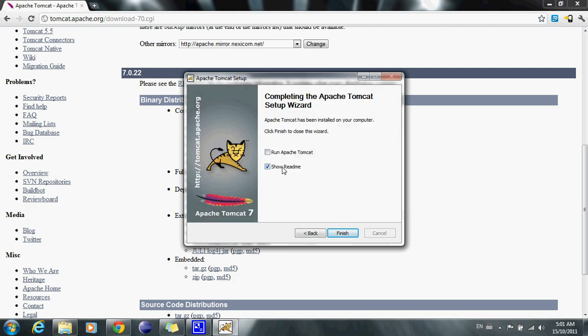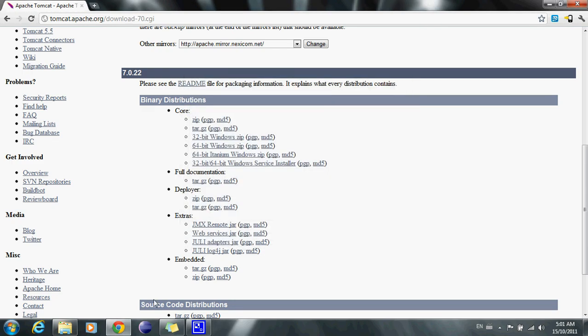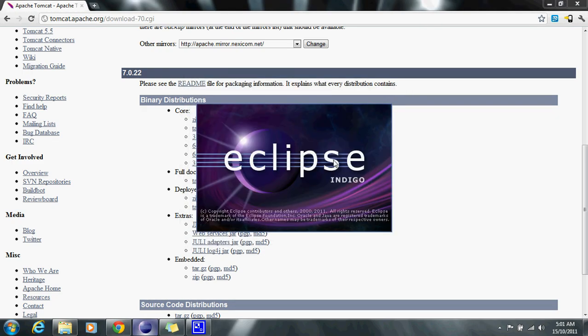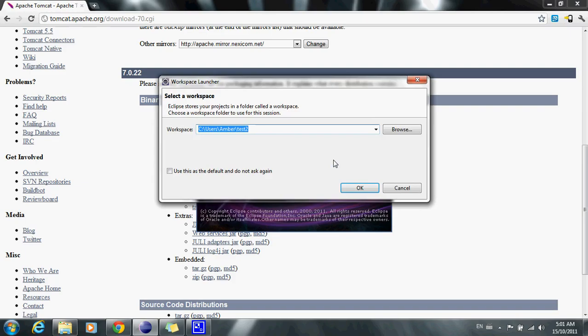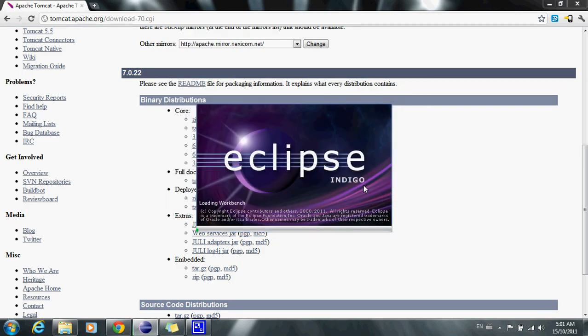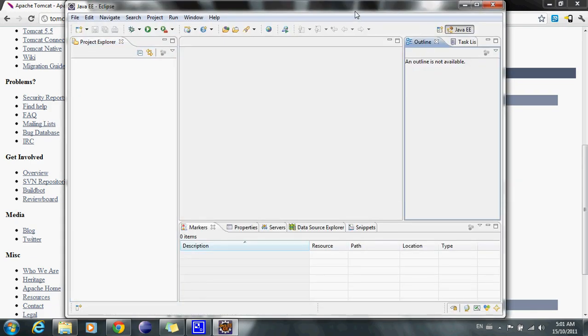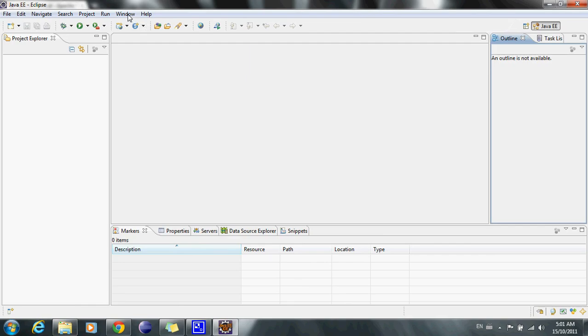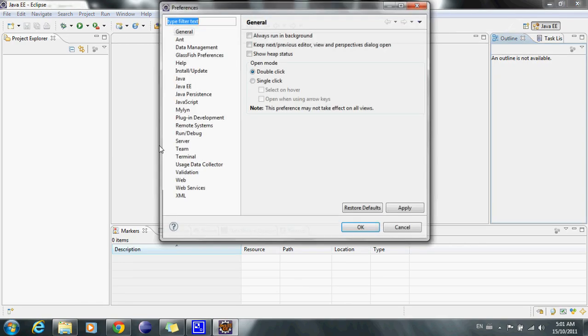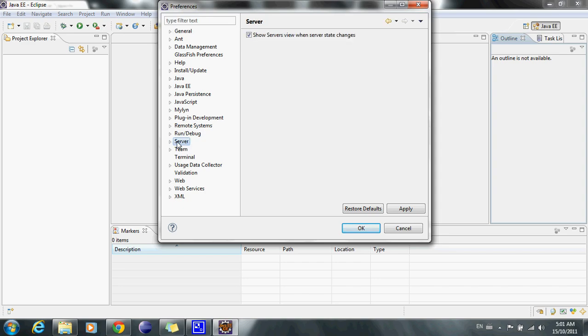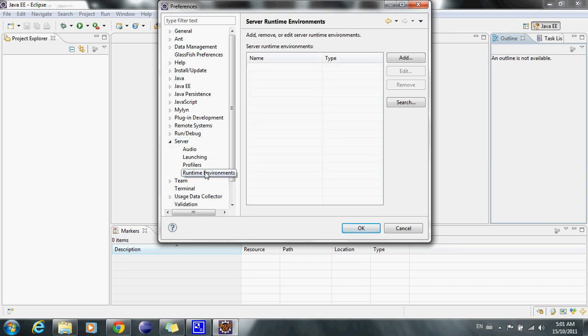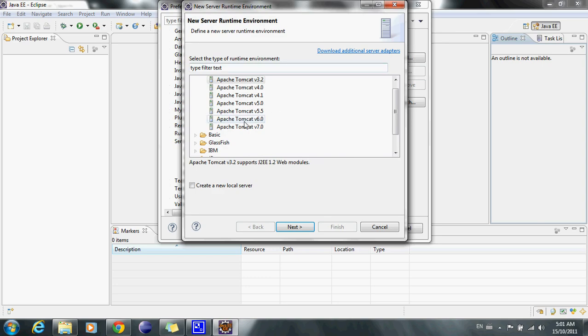And after it finishes installing, you need to run your Eclipse IDE. I'm just going to call a new workspace as test. So after Eclipse loads up, go to Window, Preferences, and under the Server section, go to Runtime Environments, Add, Tomcat 6.0,